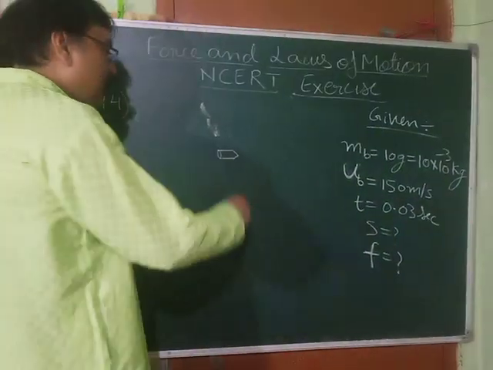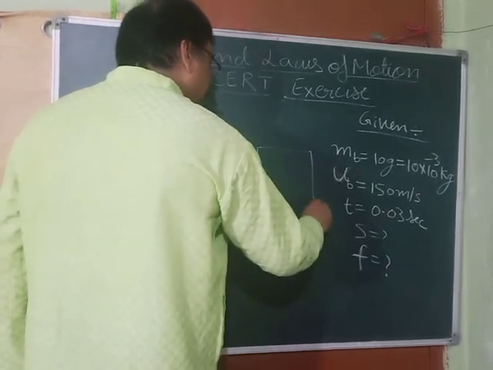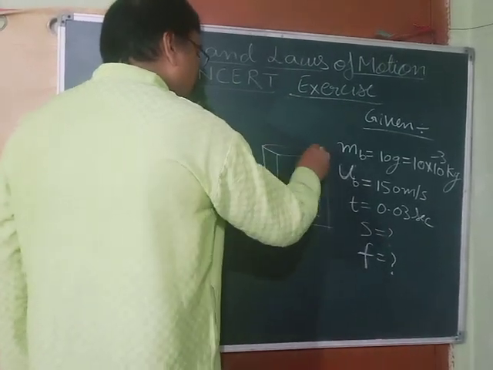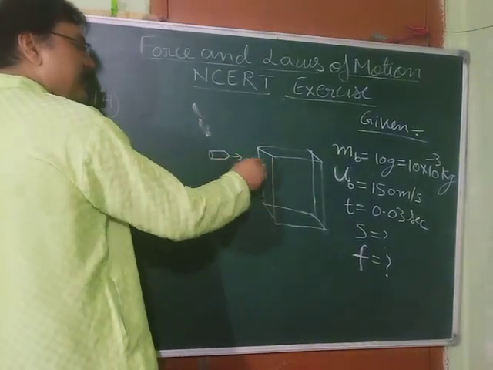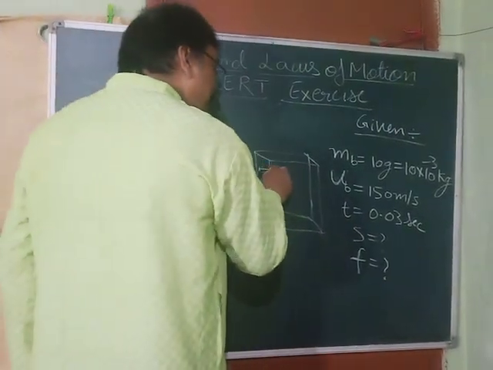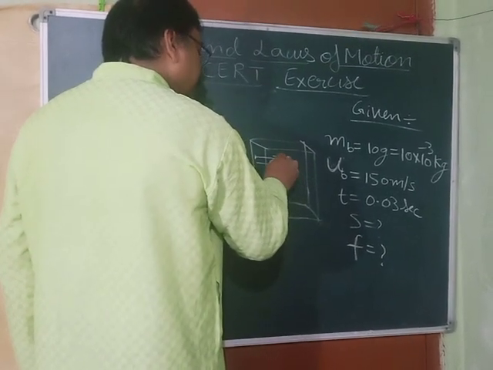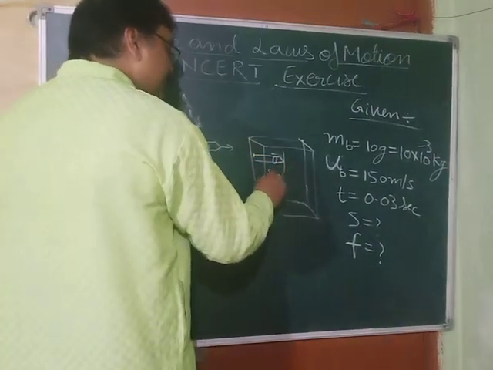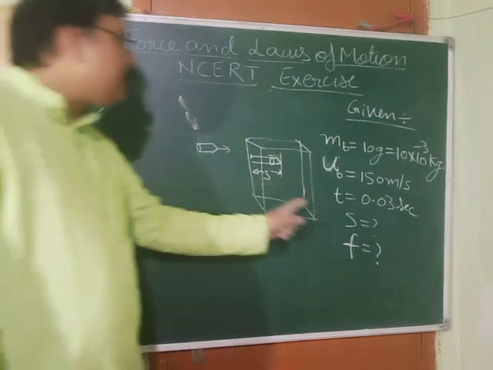Okay. Now as it is moving, what will happen? It goes, and here what is there? A big wooden block is kept. Okay. It goes here, and as it reaches here, it will hit this block. As it will hit the block, what will happen? Its velocity is very high, so it will penetrate inside this. Okay. And then it will stop. Suppose it goes inside and then it stops here. This is the bullet, it stops here. Okay, so it travels how much distance? This distance. This much it penetrates inside the wooden block. This distance we have to find out.